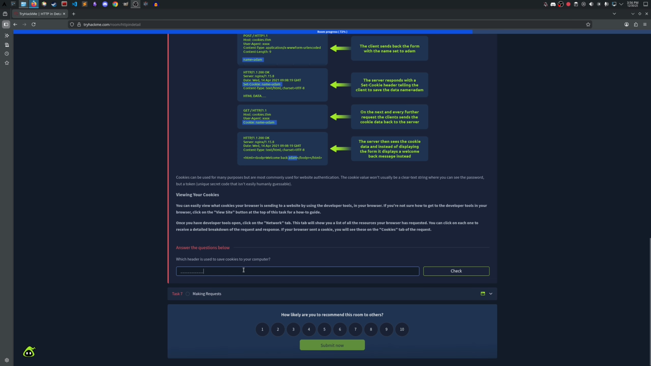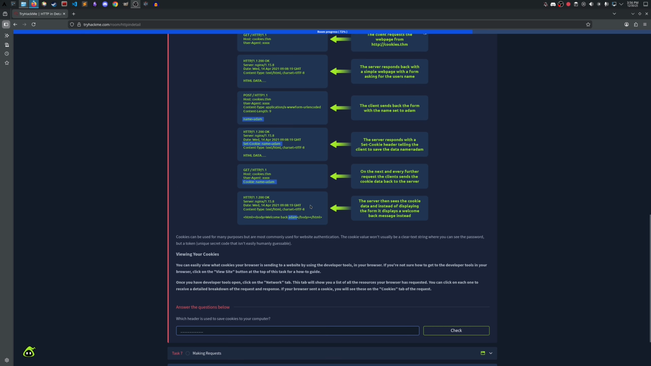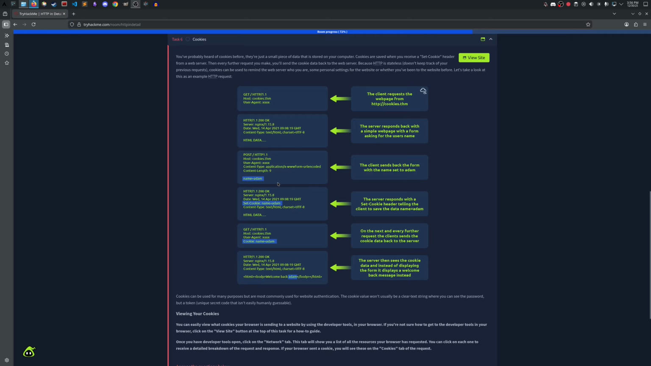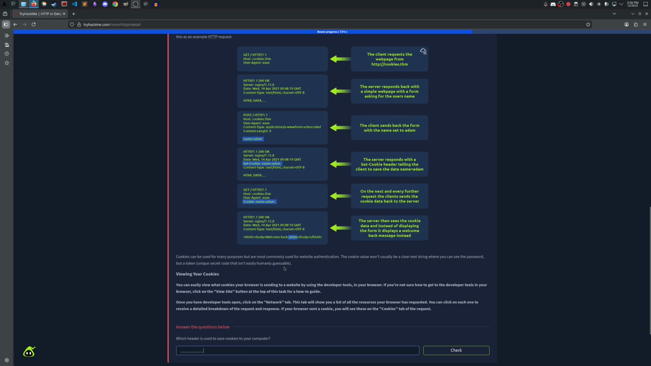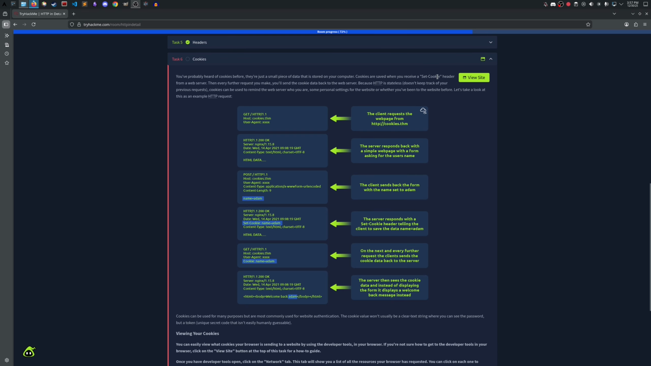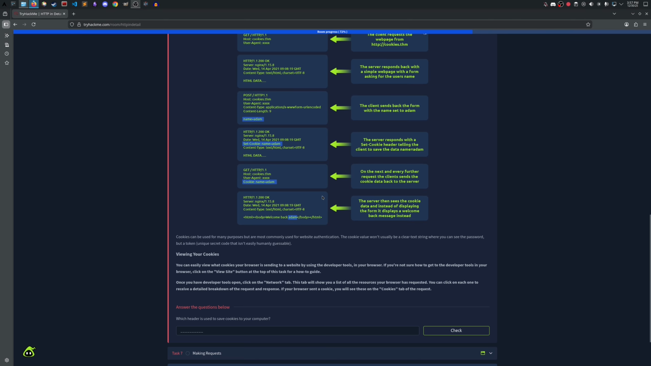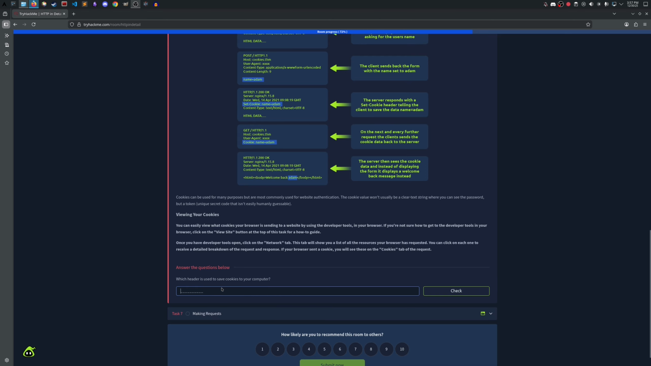Which header is used to save cookies to your computer? What was that? I think it set it up. Set-Cookie right here. Okay. I'll just type it out. Set-Cookie. And we're on to